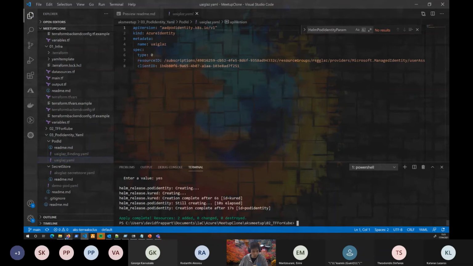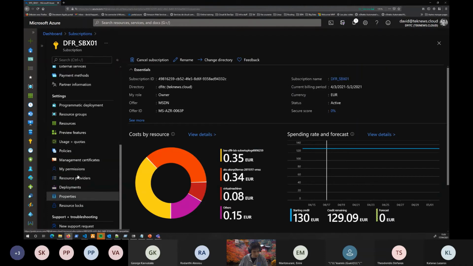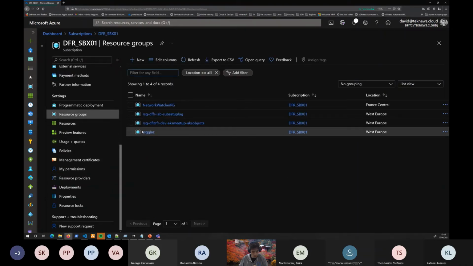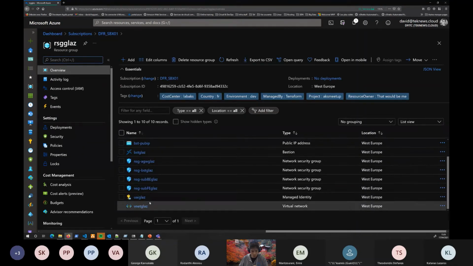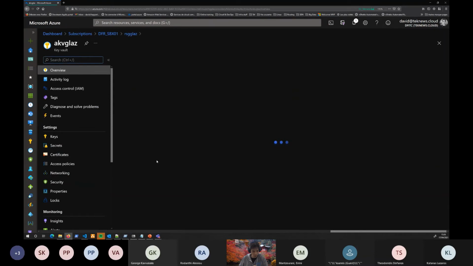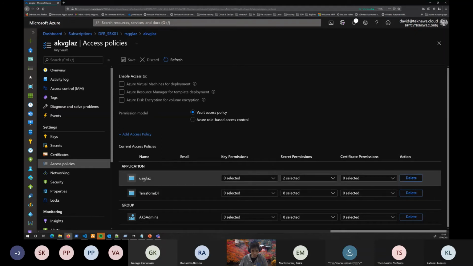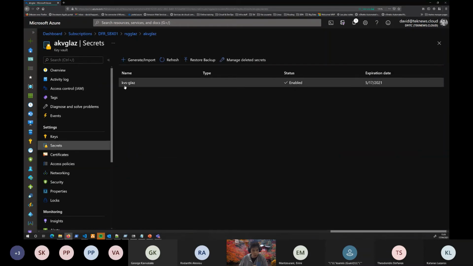Now that it's provisioned, before moving to the next steps, let's go back to the portal and have a look at our resources so that I can show you that. So going back to this resource group, I mentioned that I have a few objects. I did provision a managed identity and also a key vault. This key vault has specifically an access policy which grants my user assigned identity just secret permissions to get and list, if I'm correct. Yes, just get and list, this is more than enough. And in this key vault, we only have one secret, which is called KVS GLAZ. We need to remember that because we'll check it afterward once we have finished our provisioning.